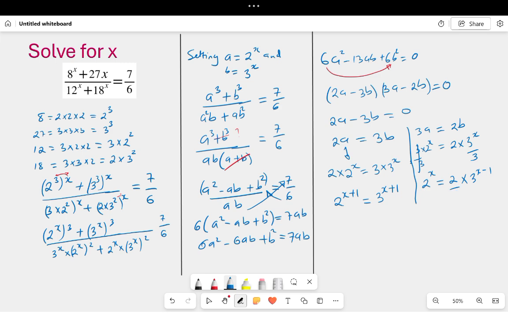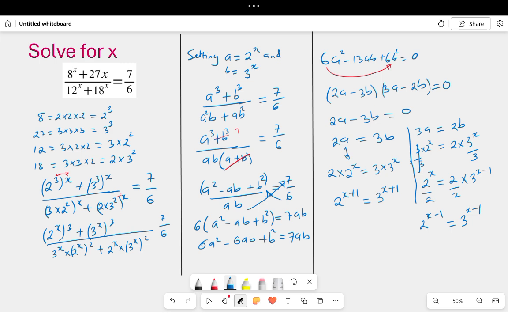And we're going to divide by 2 here, by 2 here. Then we are going to have 2 to power x minus 1 is simply equal to 3 to power x minus 1. Now, the only possible scenario here, by inspection,